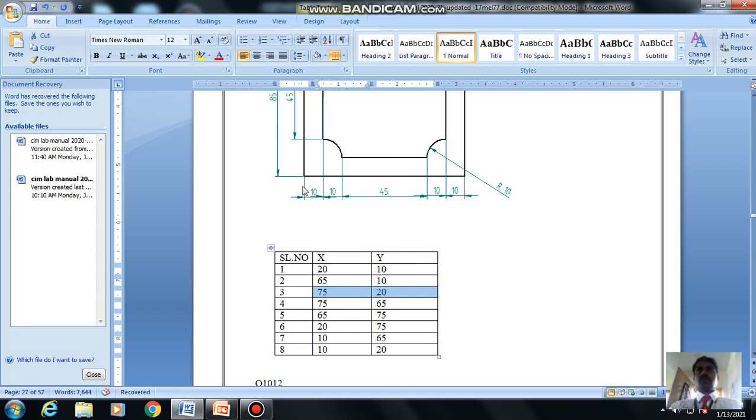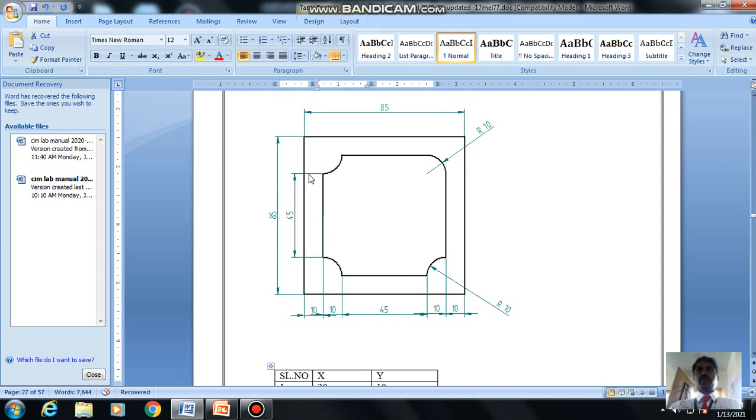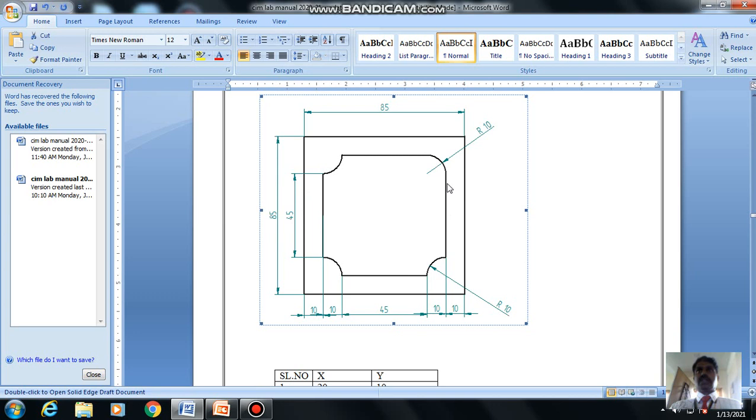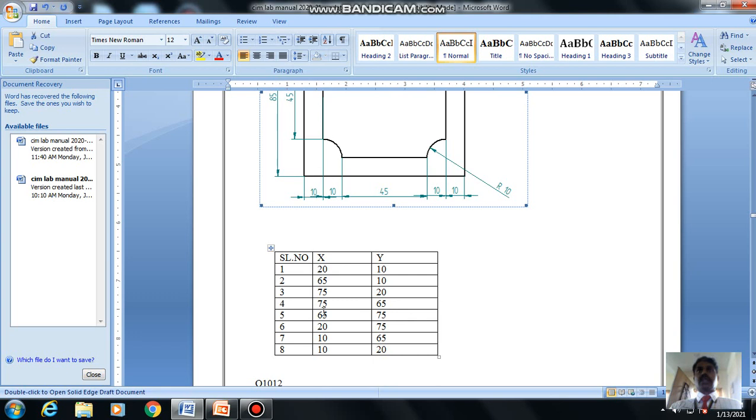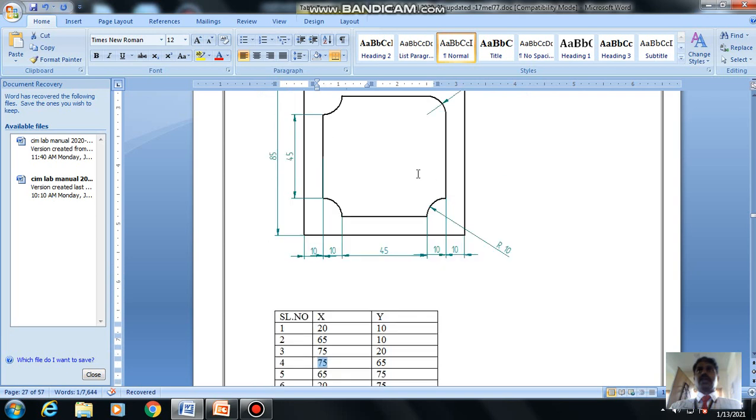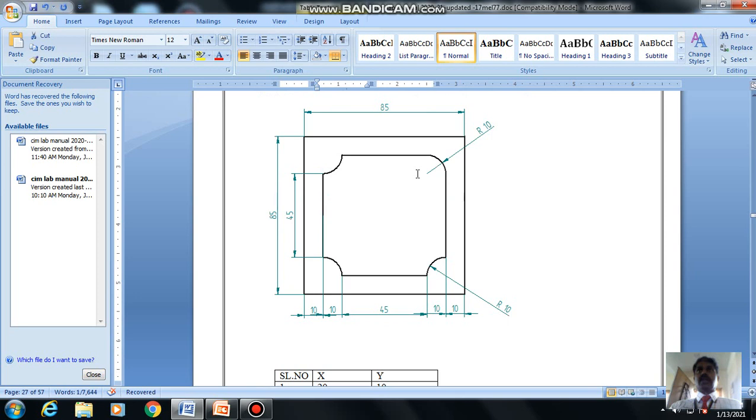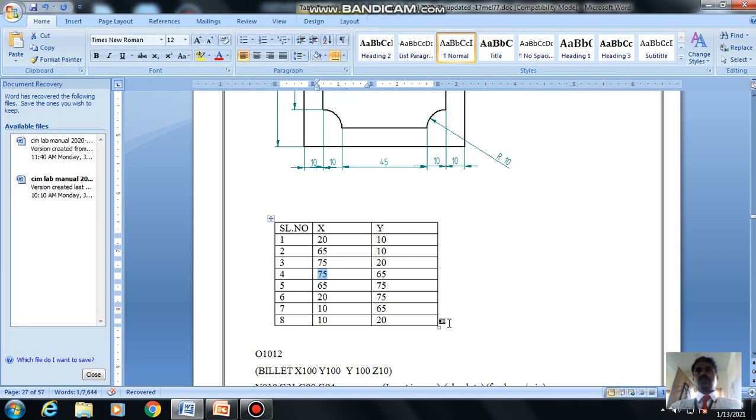Point 4 is already 45 mm distance from here, as given. So 45 plus 20, so here we will go for 65 in the Y direction and the next direction will be the same. Like this from here to here we are moving. This is the radius R10. So from 10 mm, we have to move in the X minus direction. Totally how much distance, from that we will make it. Like this point and then this point. All these points we have to put in a coordinate point table. This coordinate table will help us identify how to write the program.